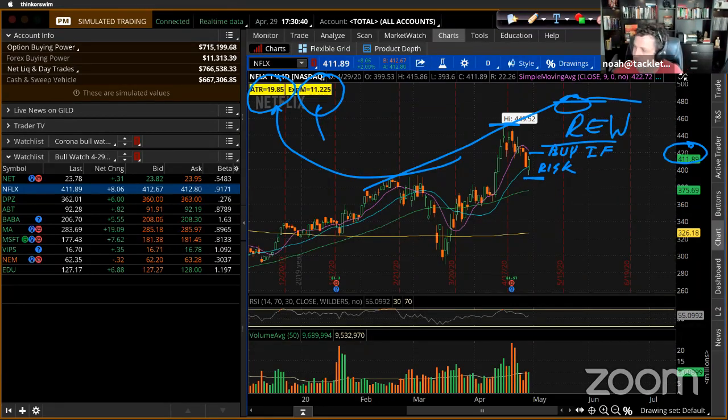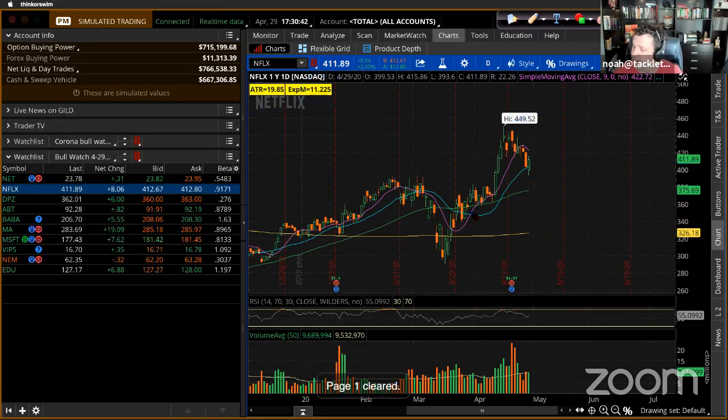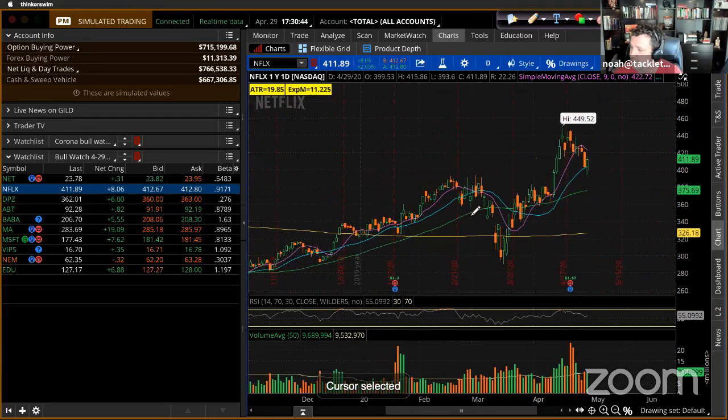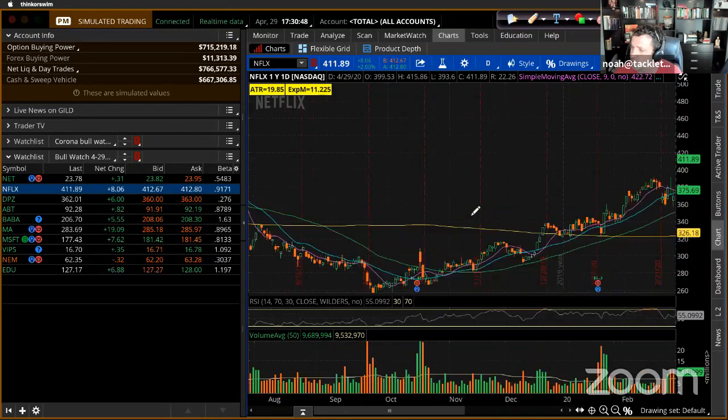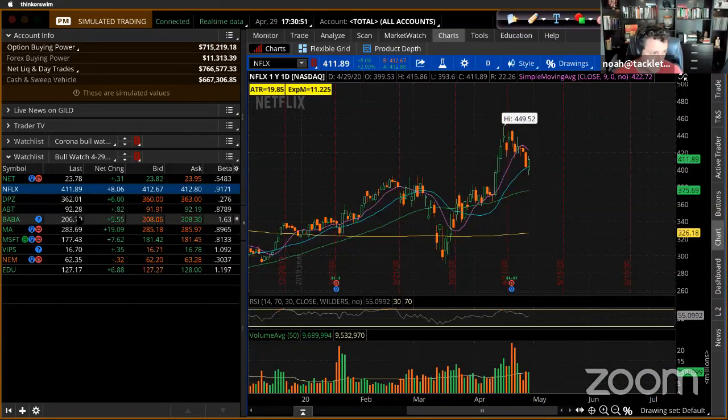And that's one of the reasons we like those pullbacks. And again, not a guarantee, but if you were to go back and look at similar patterns on Netflix, when you get a pullback into a known support zone, that's a pretty good looking pattern. Okay. So next on our list here,